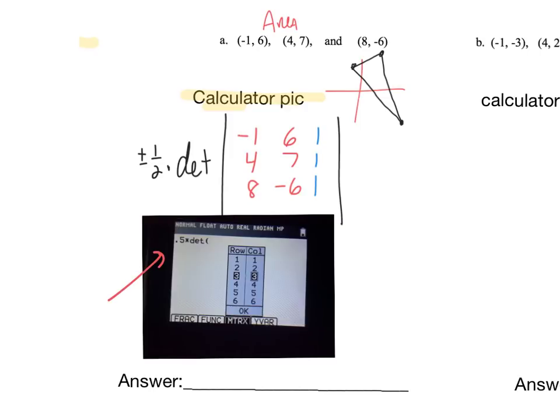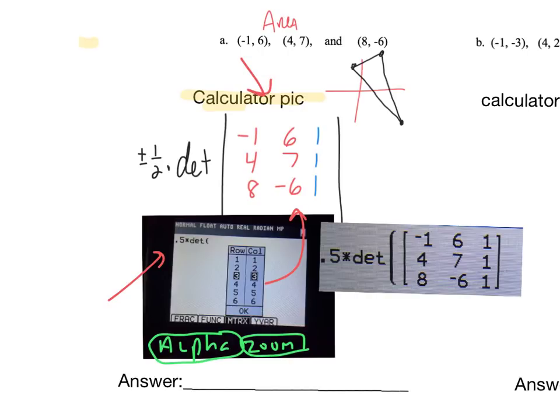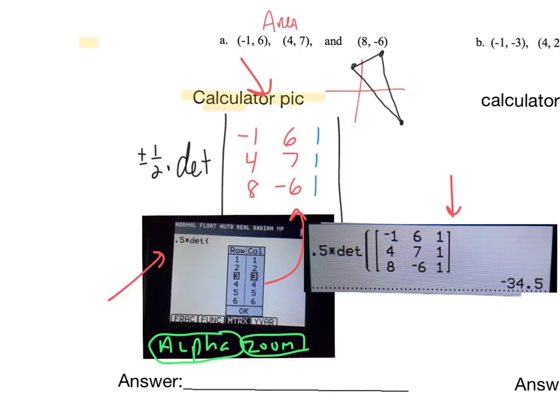I typed in 0.5 times the determinant. Remember, that's in the matrix menu and then under math. I'm using the alpha zoom matrix template because I'm just going to use this matrix once and then be done. So here I'm setting up my calculator to create a 3 by 3 matrix. I'm going to enter those values in from the problem, like so, and then I'll have my calculator perform this multiplication. So when I do 1/2 times the determinant of that matrix, here I'm going to get